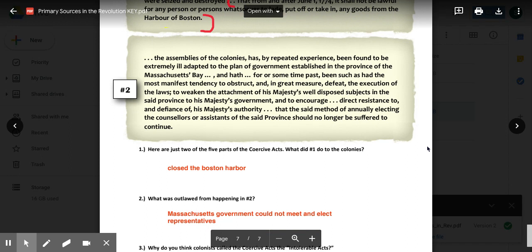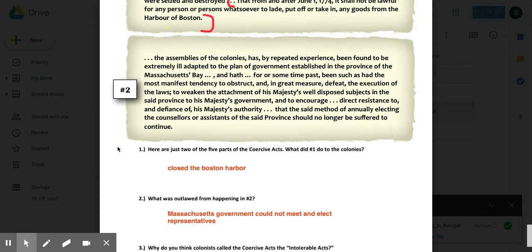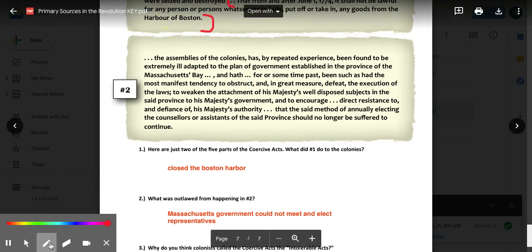So number 2 says, what was outlawed from happening in number 2? And the answer I've written there is that the Massachusetts government could not meet and elect representatives. So I was asking, what did they tell the colonists that they couldn't do? So we have to find something in number 2, the coercive acts, that they said that they can no longer do. When we take a look, let me get my pen out. Once again, at the very end,